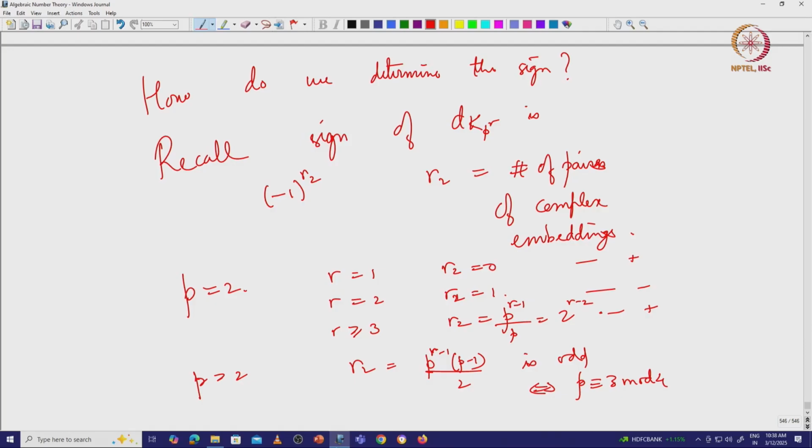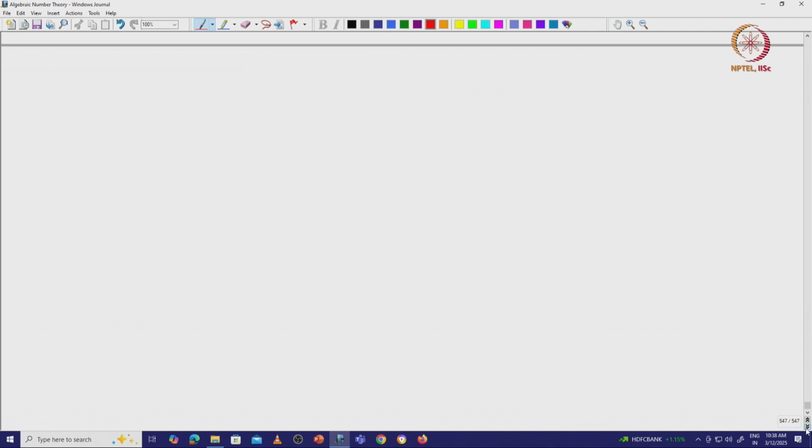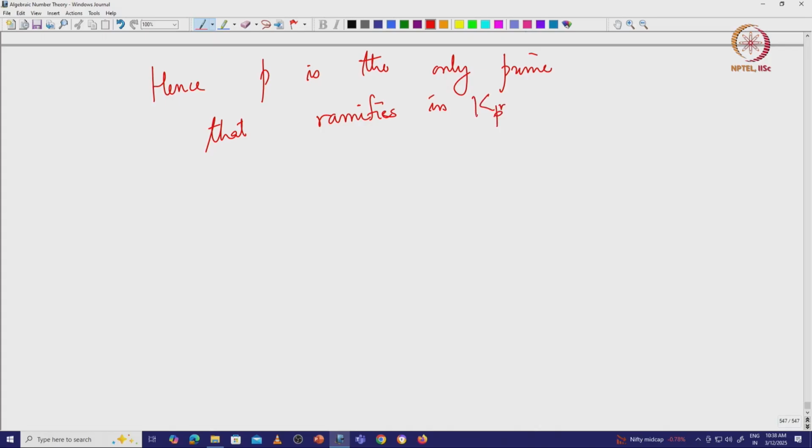Okay. All right. So hence p is the only prime that ramifies in Q(zeta_{p^r}), and it totally ramifies as we saw earlier. Okay. So, the only thing that remains to be determined now is what are the roots of unity inside